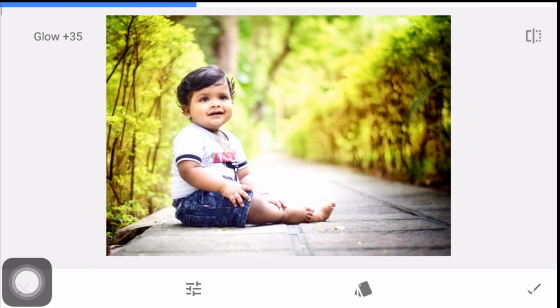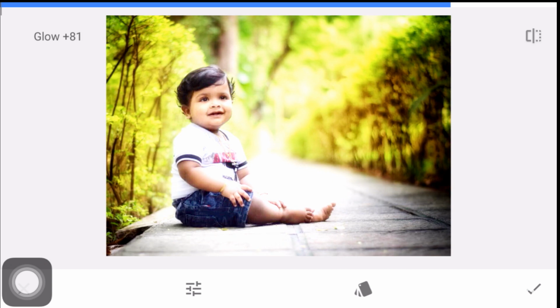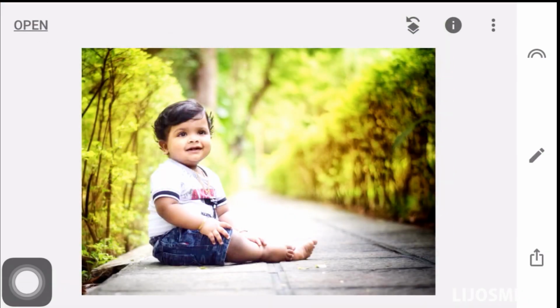You can select according to your taste. So now I selected this, it's 48. Now you can see the skin texture is very much smoothened. You see how much is the difference. Like this we can edit our photos in a professional manner.